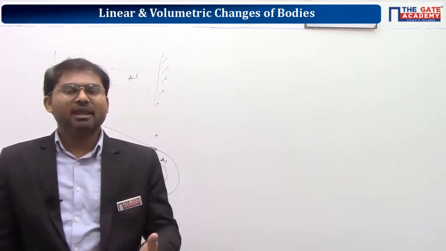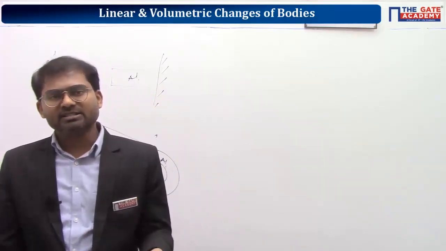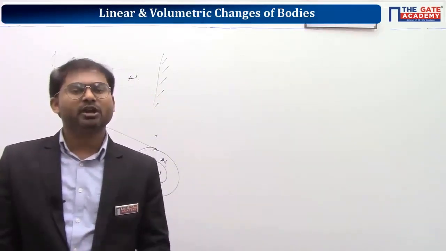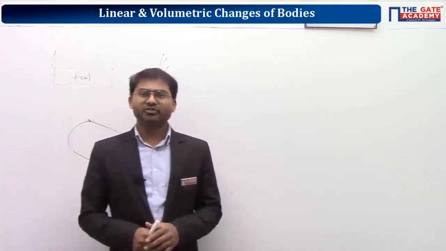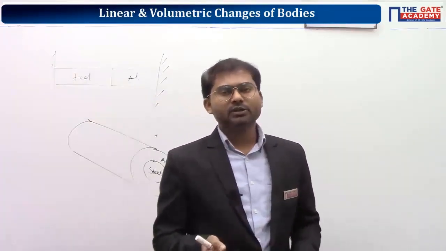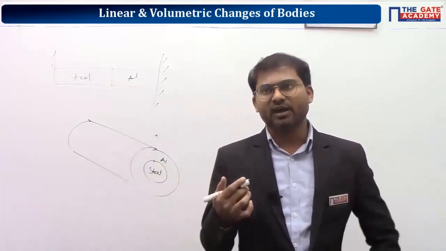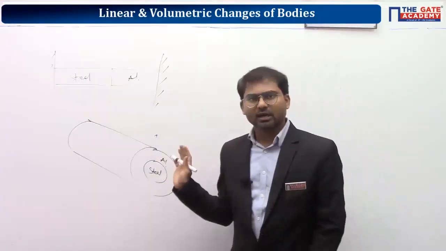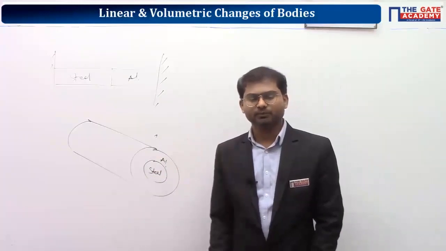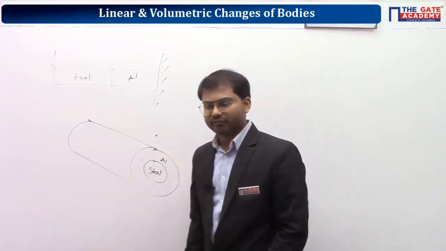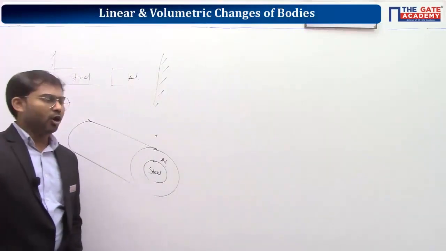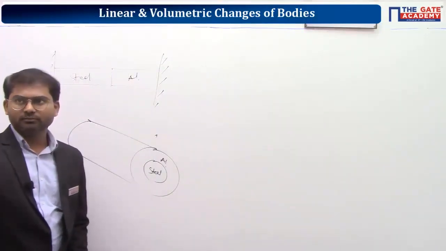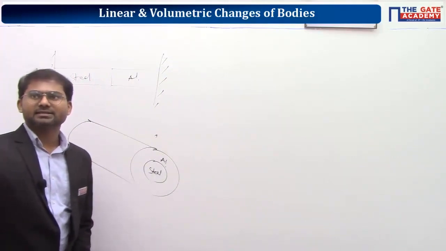Understand? After assembly, if steel is elongating by some value and aluminium is elongating by a different value, then both are acting or behaving independently. We don't want that to happen. So here we are going to take an assembly, that's why both should elongate or get compressed by the same value. Clear? That's the requirement here. Whenever you are assembling two materials to make a composite bar, the whole bar should elongate by the same value. Yes, exactly, Sanjay. Very good.